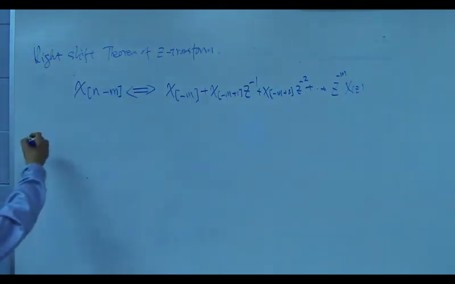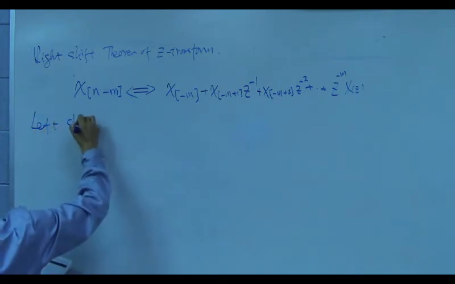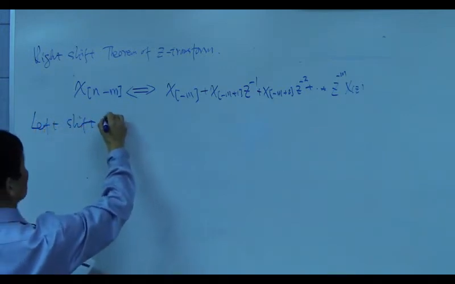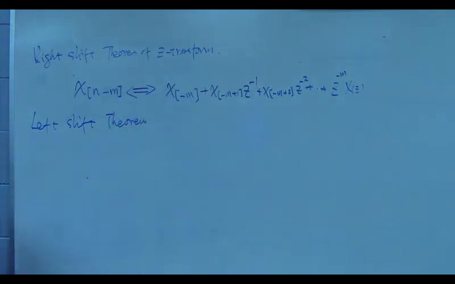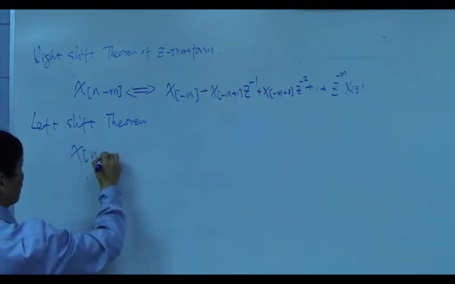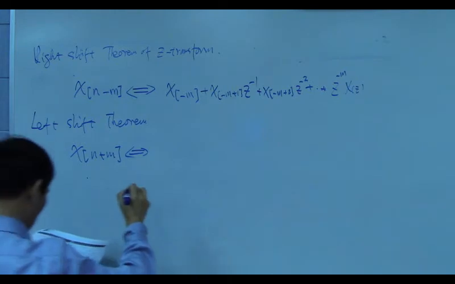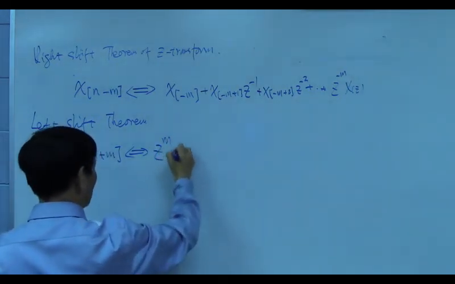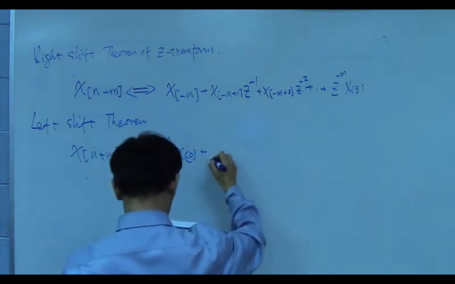This is the right shift. The next one is the left shift, or some call it advance, or delay. This one is x[n+m]. What is this? This one will be equal to z^m X(z), then plus